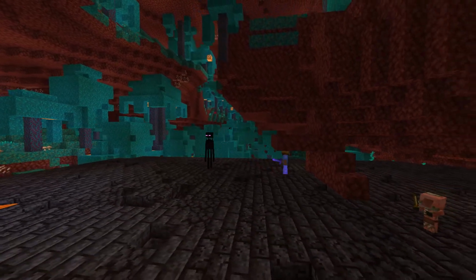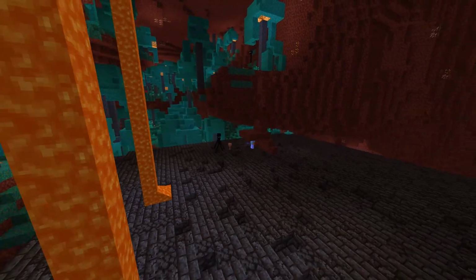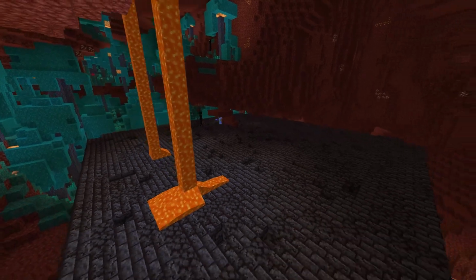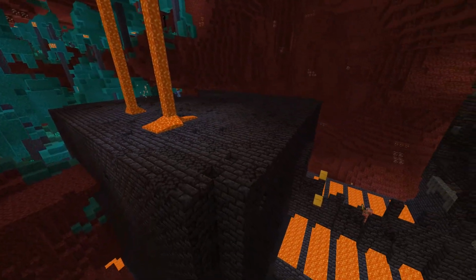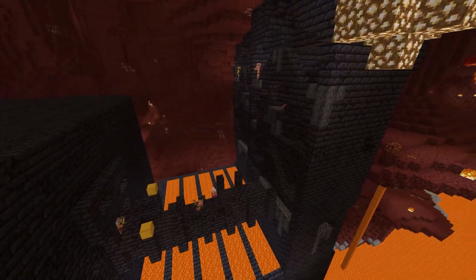Alright, I got onto the roof, but there's a lot of endermen around, so I feel like we're going to have to kill one or two. Hopefully we'll get some ender pearls, but ultimately I just want to get rid of them in case I have to run away. As you can see though, this is a huge bastion,